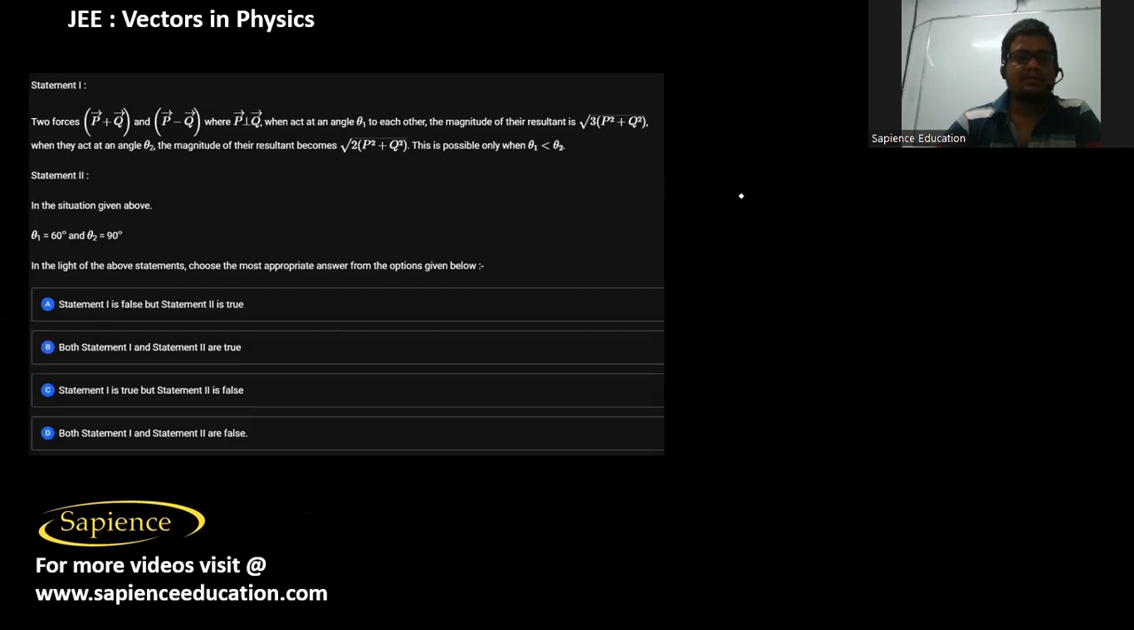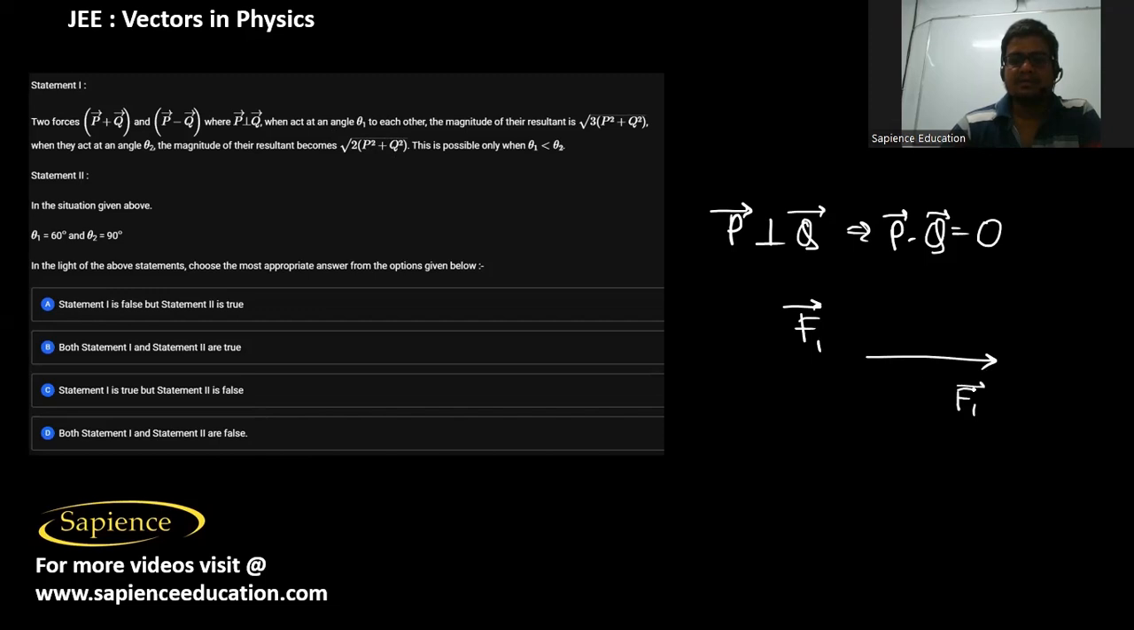Then here it is told two forces P plus Q and P vector minus Q vector, where P is perpendicular to Q. P vector is perpendicular to Q. It means P dot Q will be equal to 0. When they act at an angle theta1 to each other, so one force is F1 and one force is F2 vector. F1 is P plus Q and F2 is P minus Q. So when they act at an angle theta1 to each other, the magnitude of their resultant is